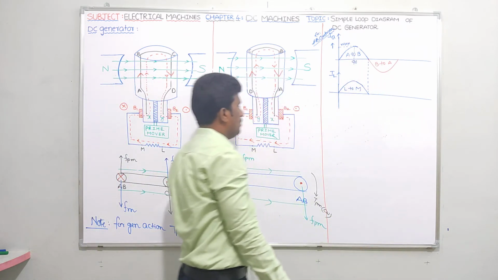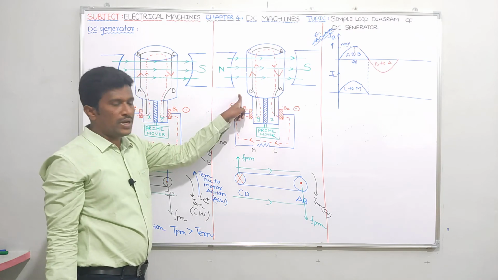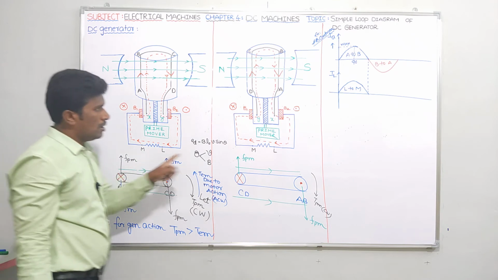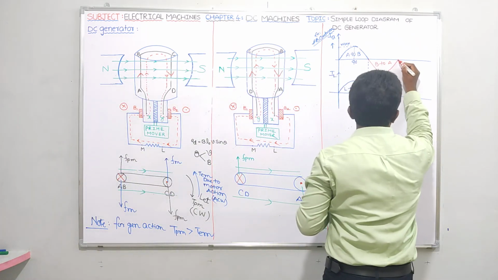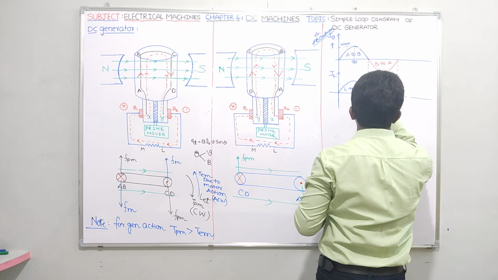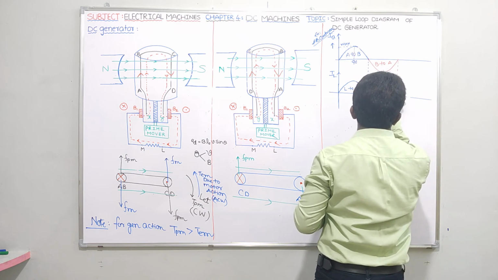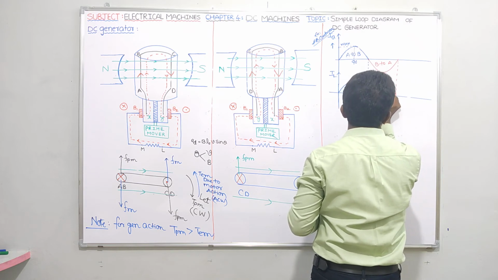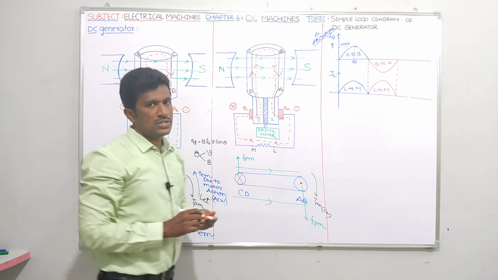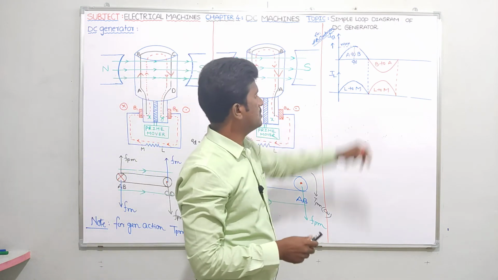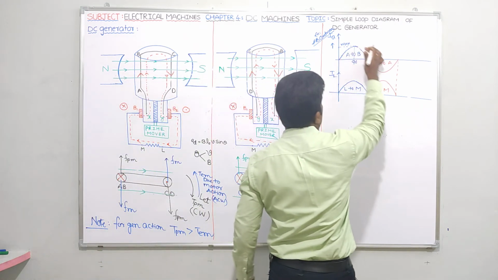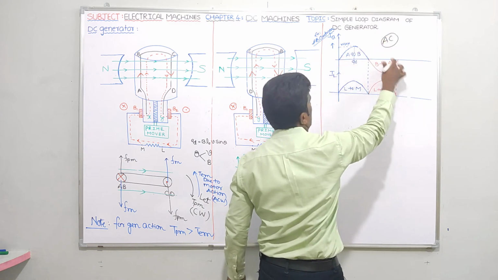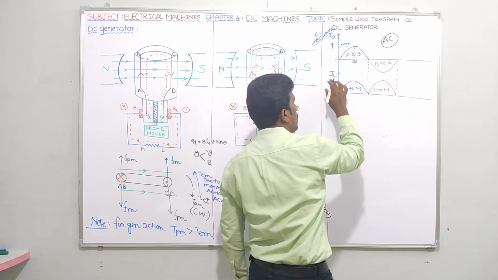Now tell me, at this instant, how is current flowing at the load? It is going from L to M only. Just previously also L to M, now also L to M. Is it clear? So let me draw the direction of current at load, which is from L to M. Now what is the conclusion guys? What is the conclusion from these waveforms? So what is the type of armature current you are getting? AC. Because initially it is from A to B, now it is B to A, so it's an AC waveform. Now what is the shape of load current you are getting here?